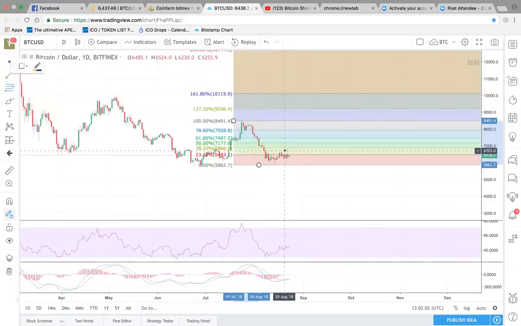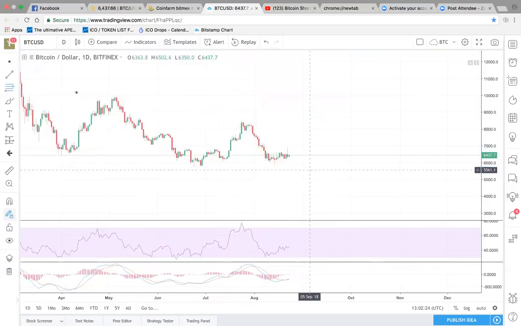So the conclusion on BTC for me, should we break out, we will probably look at a 7,500 before coming back down. Otherwise, more than likely come down to about 5,800. Or what I would like to see is come down to 5,800 and ultimately 5.3 and lastly 4.9 before we take off again. If we look at the broader scope,